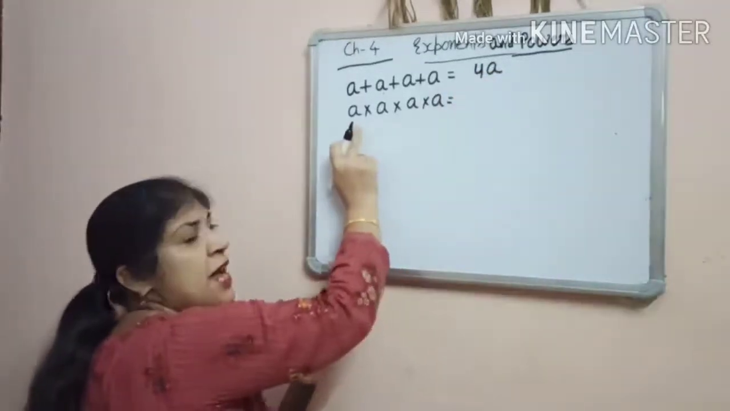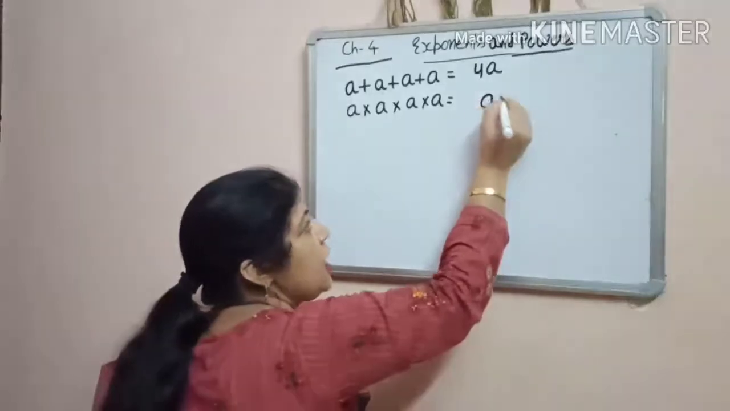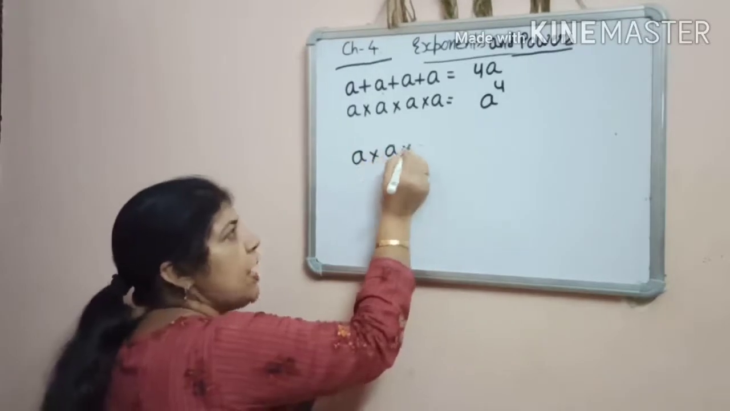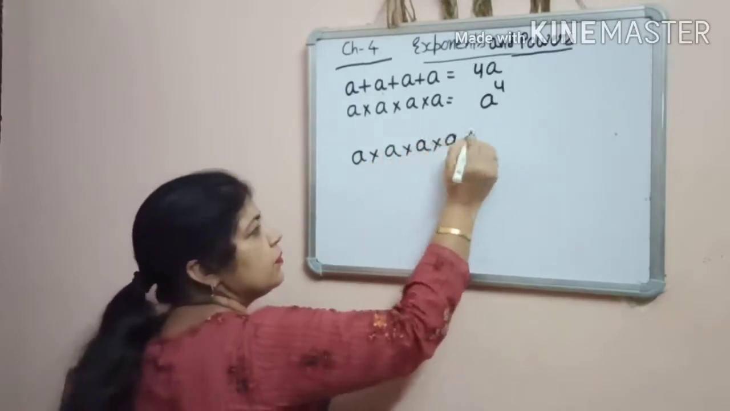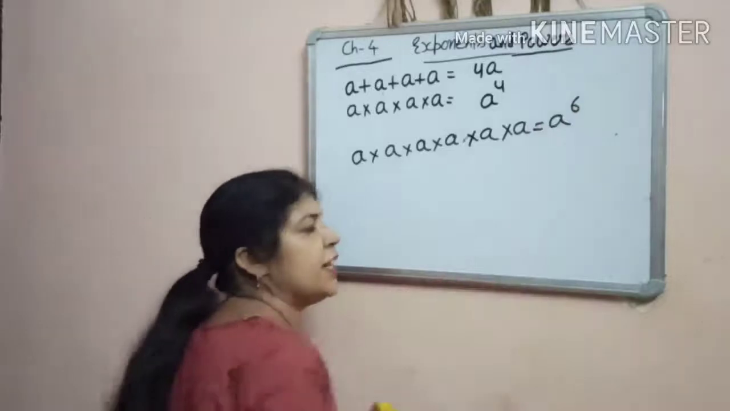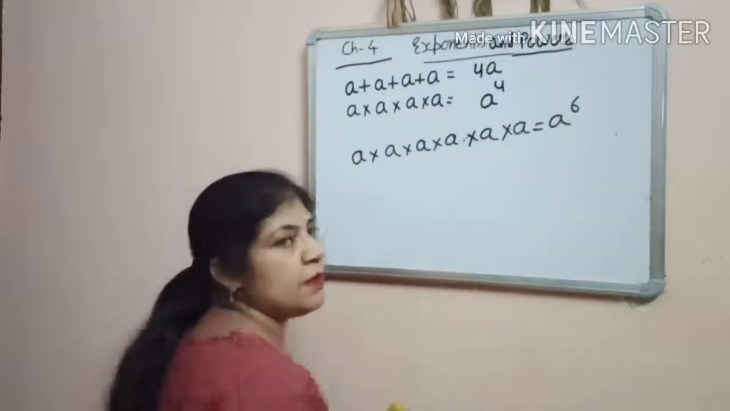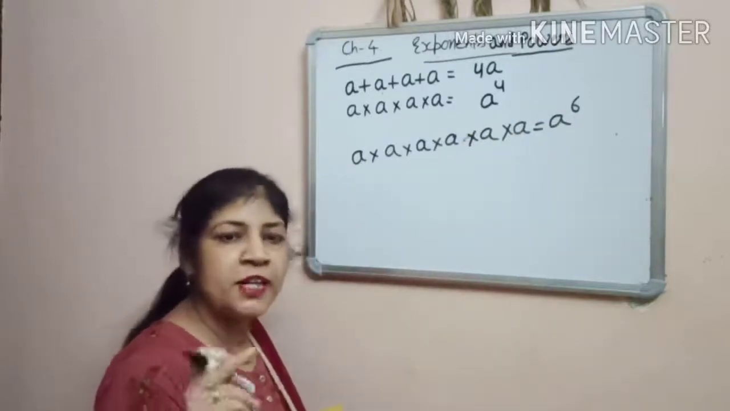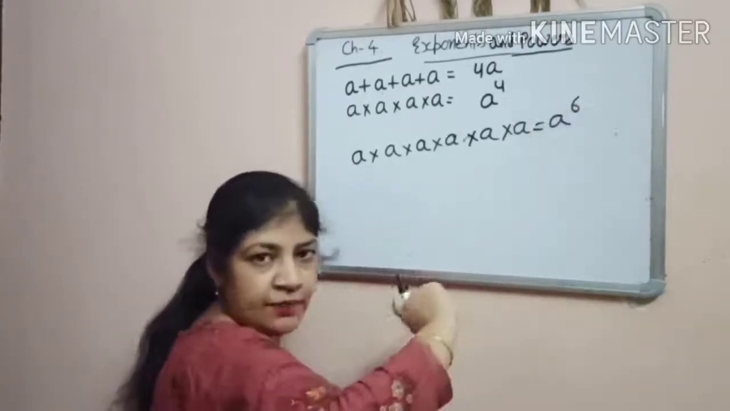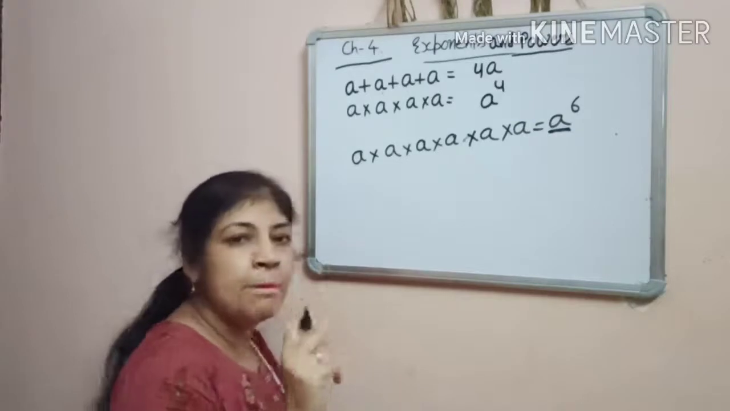But when you multiply a into a into a into a, 4 times, then it means a raised to the power 4. If you multiply a or b, any variable, 6 times, then you will get a raised to the power 6. It means you are multiplying 6 times, so the power will be 6. So how many times you multiply a given variable, that is the power, and the variable we call the base,